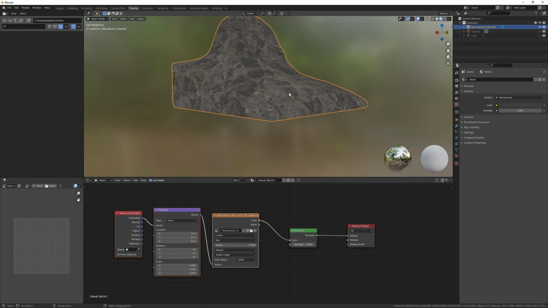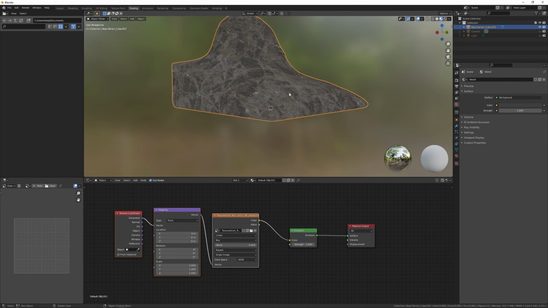We're going to go back here, and we're going to go to vertex paint. We're going to call this rock.mask. And I'm going to fill it with black, like that. Change my color to white. If we go back to shading, I can add a vertex color input and put that into the factor.